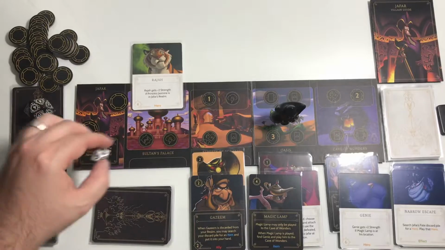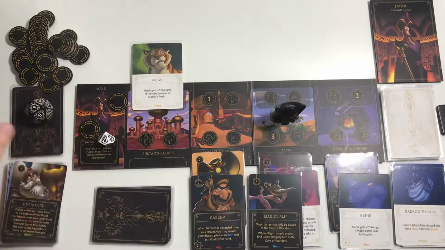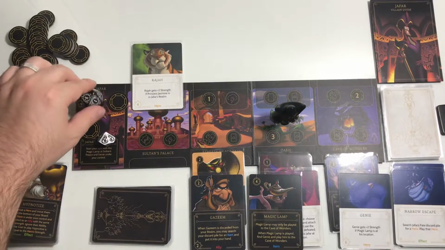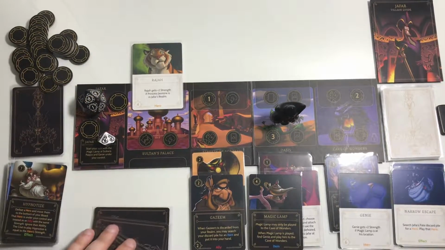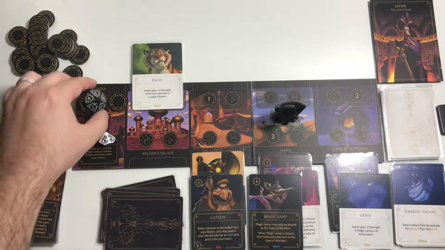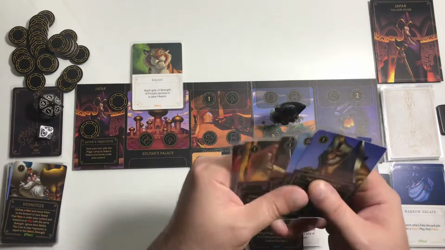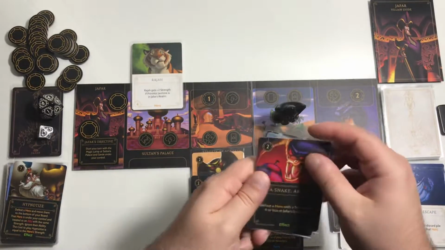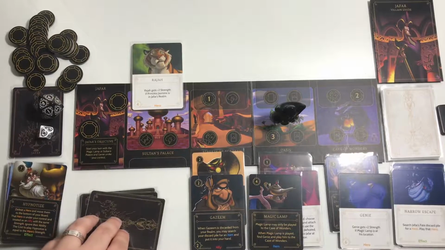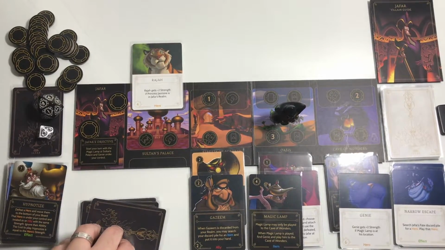Let's see if we get faded. A 6, we do not. Move down around 8. We can draw 1 card to get back up to 5. Okay, well, what did we get? Snake. Okay, not bad. Not bad at all. So why don't we do...